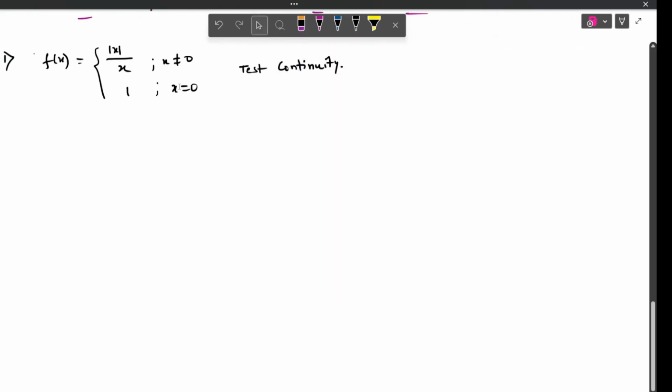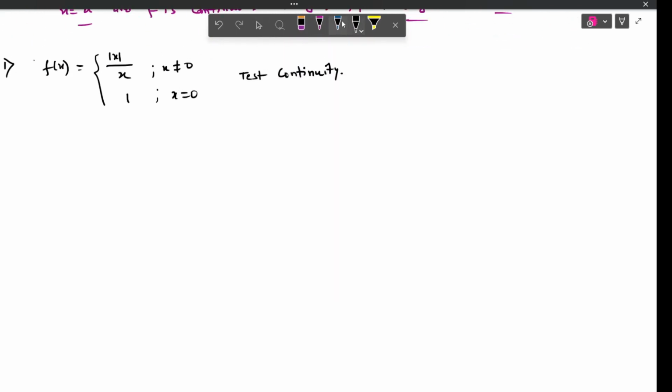So let us check. Let us see the answer. How to solve? Remember this. Here we have to find left hand limit and right hand limit. So our left hand limit at x equals to 0, right? The point is at x equals to 0. So left hand limit at x equals to 0 is defined as limit x tends to 0 minus f of x,